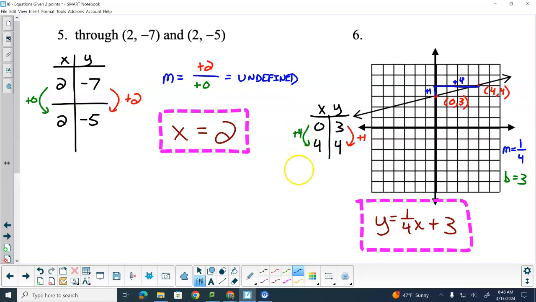So my slope then would be +1 over +4, which is 1/4. And then I could put either one of those back into the equation and get my y-intercept of 3. We could do that in multiple